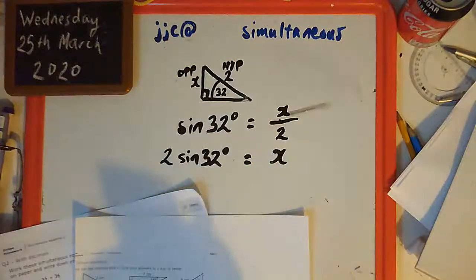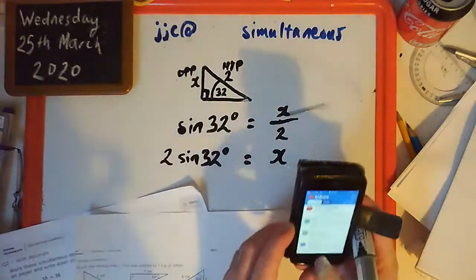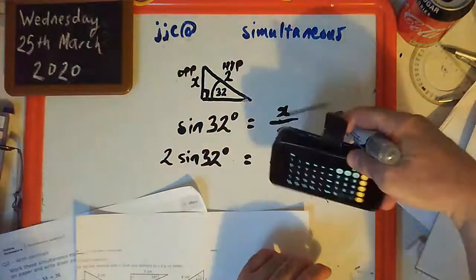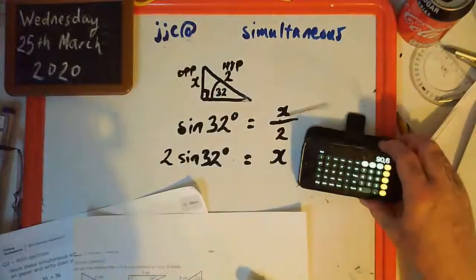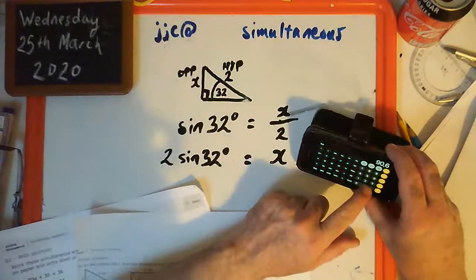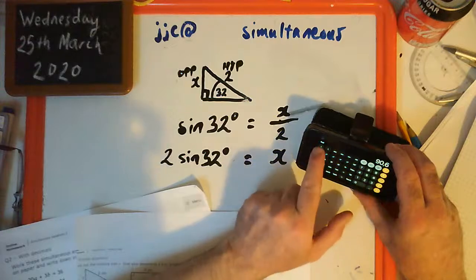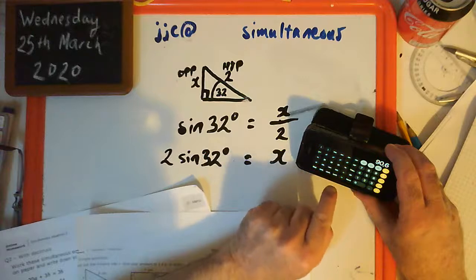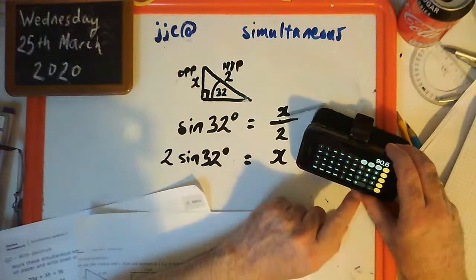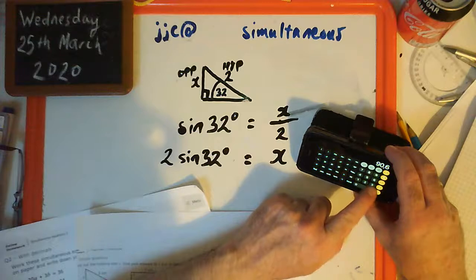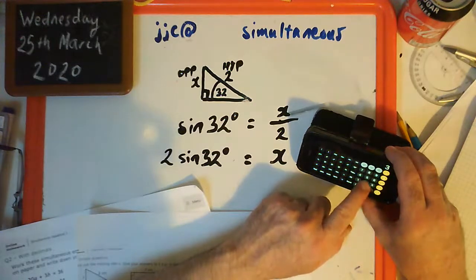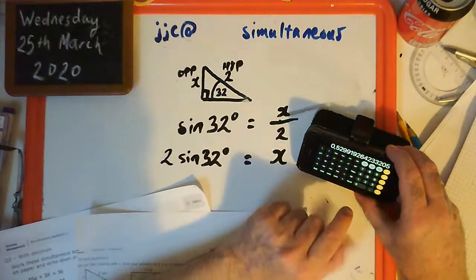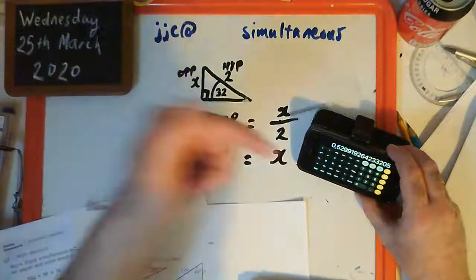So let me just do that. Onto my calculator, turn it round for the scientific view. So I want 2 times sine 32. I think I'm in radian mode, I noticed. So I want to get out of radian mode and put it in degree mode. Okay, so I think the iPhone calculator is one where you have to do 32 first and then press sine. But most calculators these days, you just punch in sine 32 in that order.